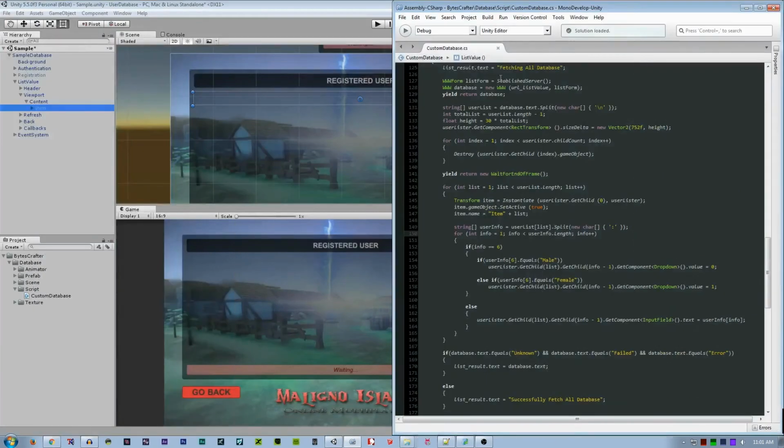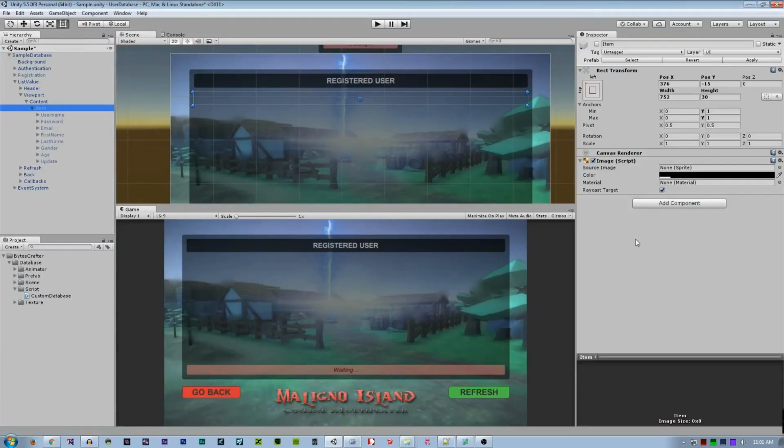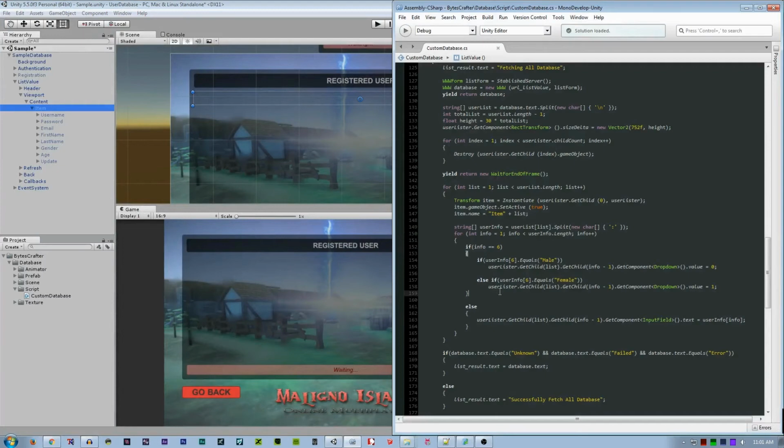So here, if the current input index is equal to 6, which is 0, 1, 2, 3, 4, 5, 6, which is a drop down, it should follow this method.